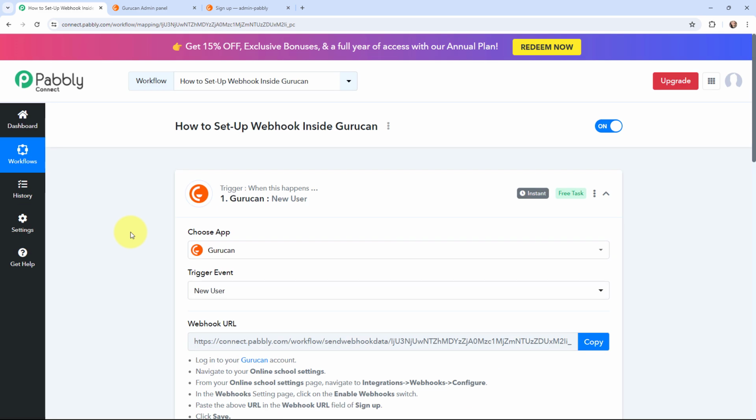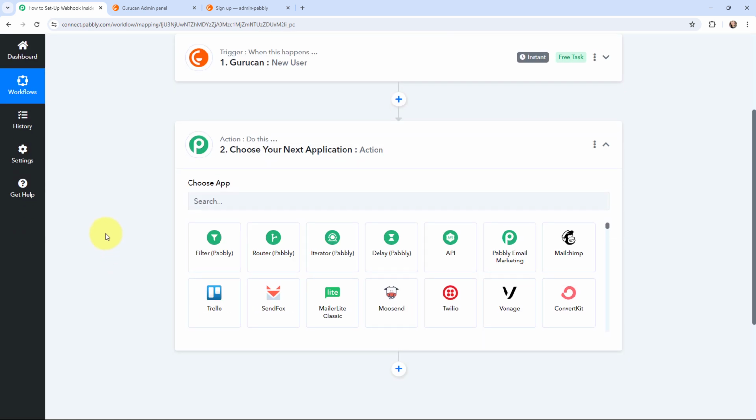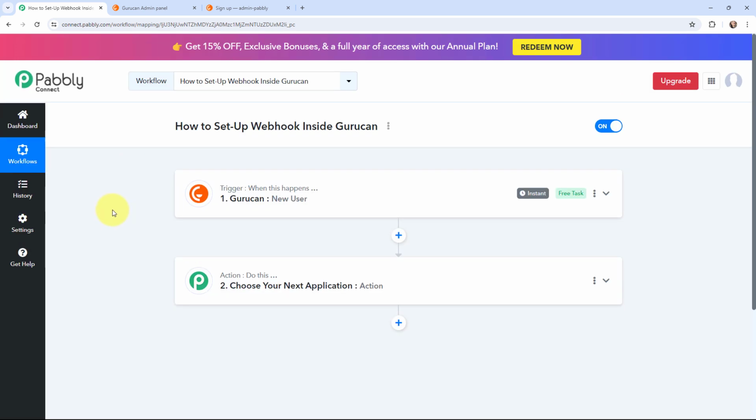So here we have set up a webhook inside Gurucan successfully. So now whenever a new user will be created in my Gurucan account, then automatically the details of that user will be captured over here in Pabbly Connect. So as I've got the new user details, just by going to this action window, I can select any application where I want to send the details of the users. So as we have successfully set up a connection between Gurucan and Pabbly Connect, I hope you like this video